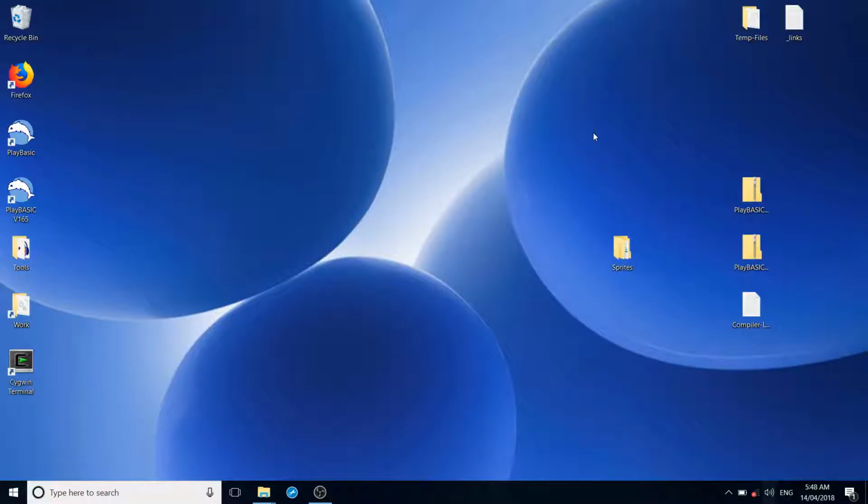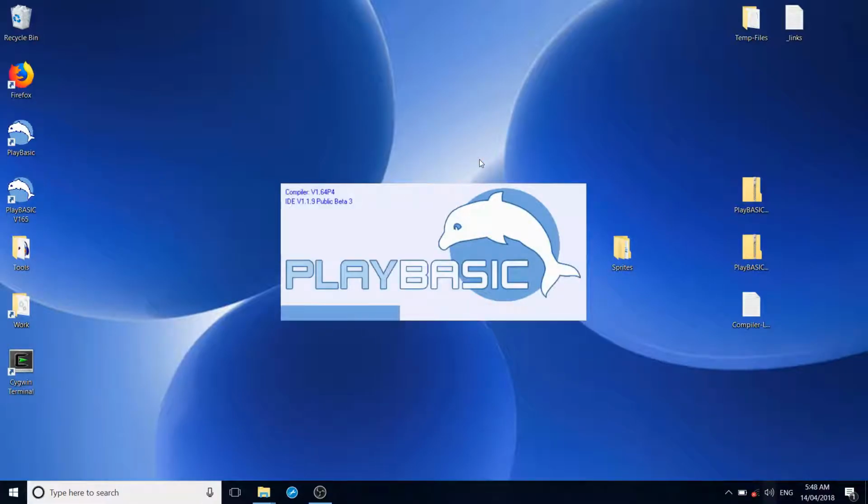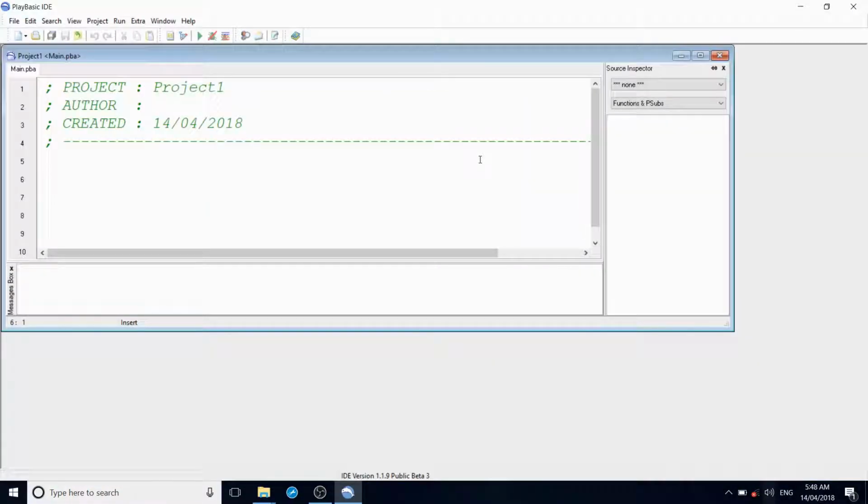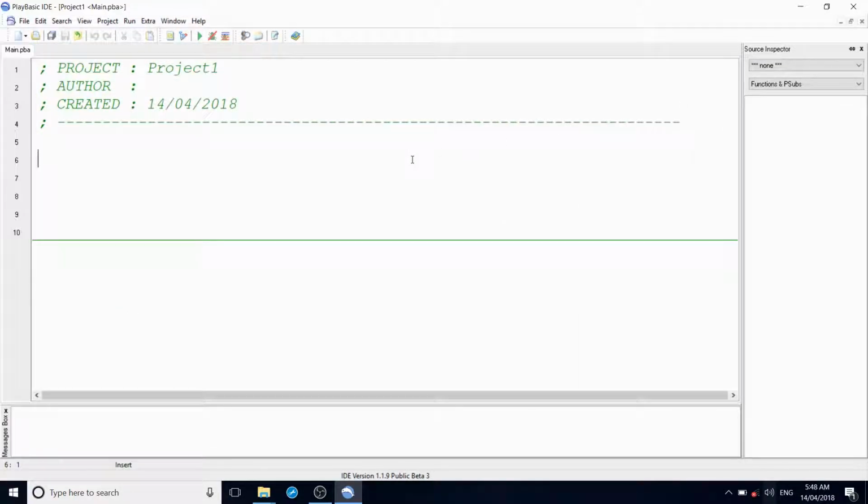So first of all, let's open up our PlayBASIC. I'm not quite sure what revision this is, I've got a few different revisions, but yours should look pretty much the same as this. When we open the PlayBASIC IDE, the code editing environment, it will open a project for us that's